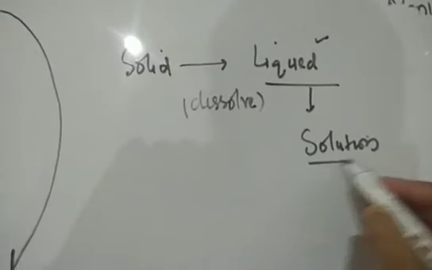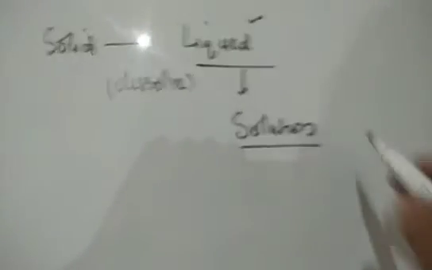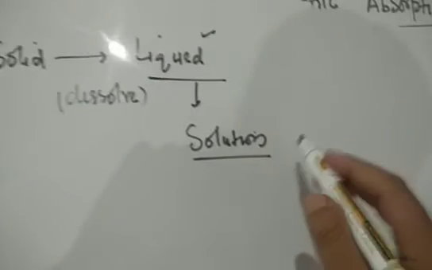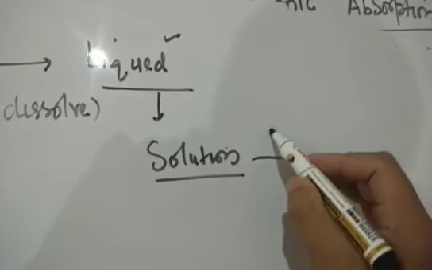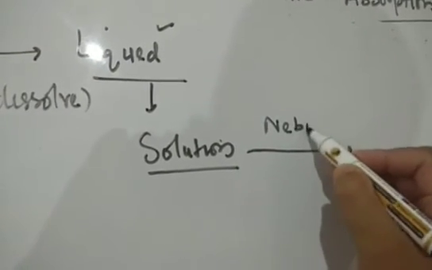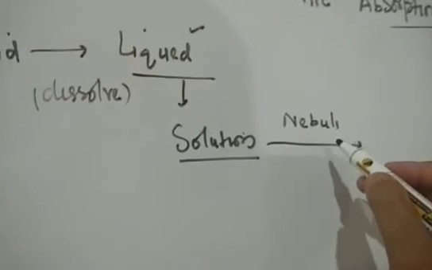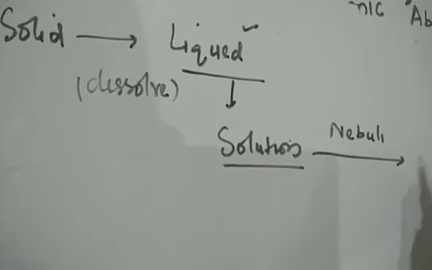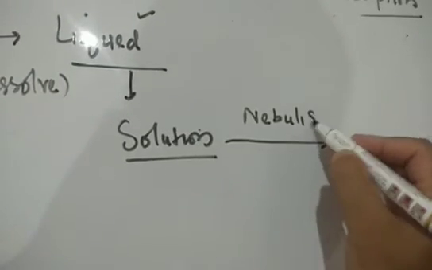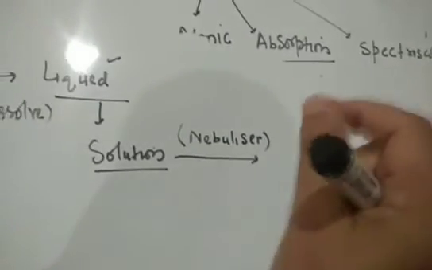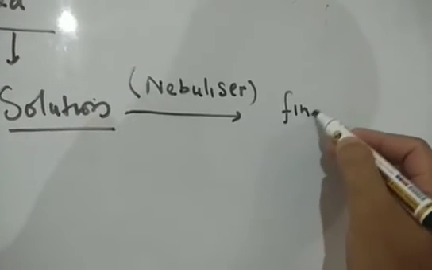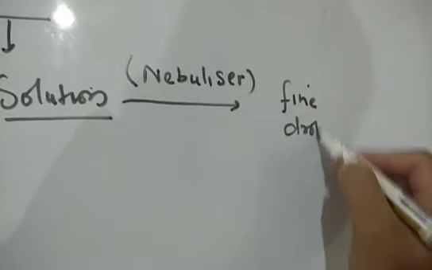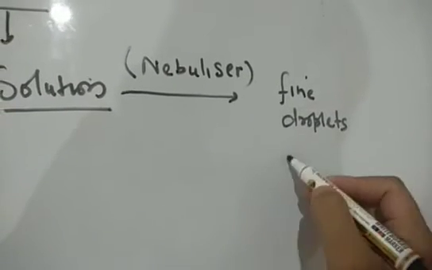उसके बाद once we have sample in the solution, with the help of a setup called as the nebulizer, ठीक। ये बहुत सिंपल सेटअप होता है। We convert this solution into the fine droplets, mist particles or aerosols. So we'll convert this into fine droplets or aerosols,